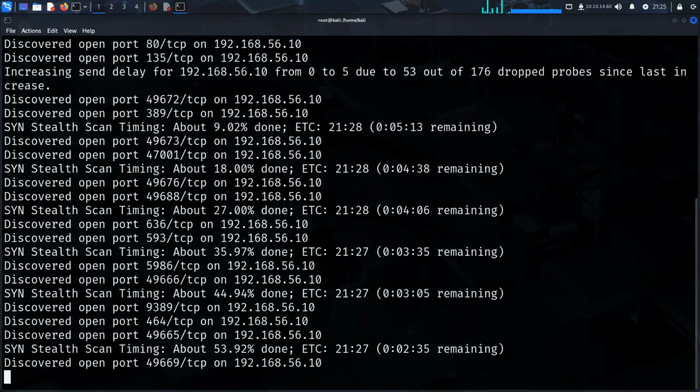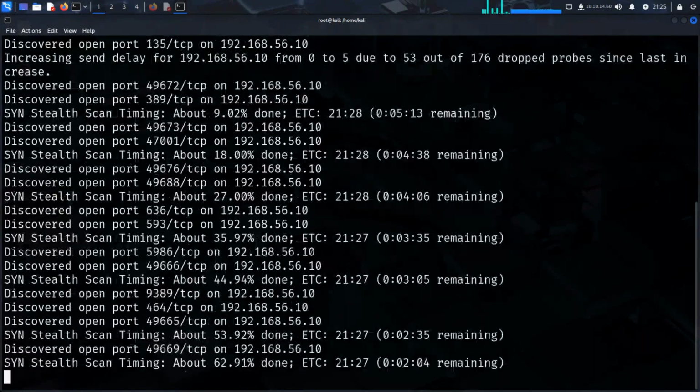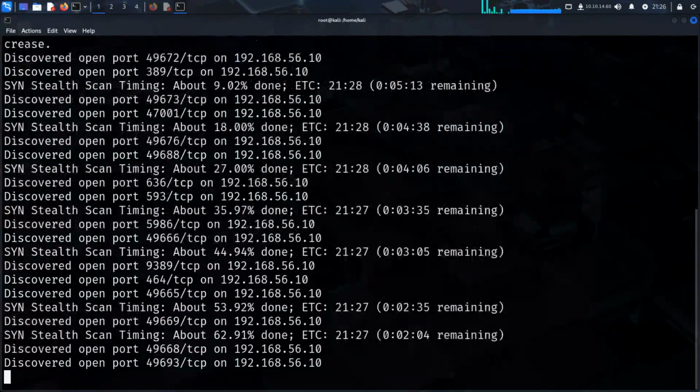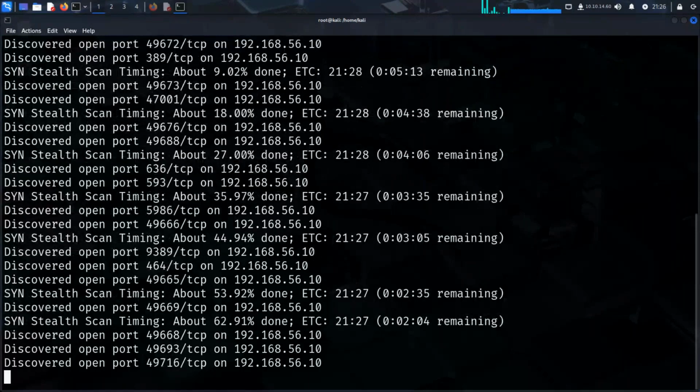See, as I said, the very first thing is reconnaissance. We found the open ports. Now we are doing the enumeration, right? We'll try to find out if any of the ports are showing me information about the passwords or usernames, and we have to try multiple ways to check if any port is revealing any information,